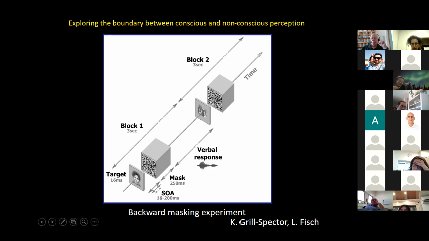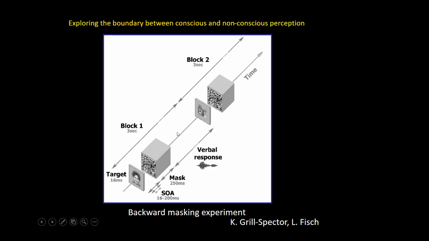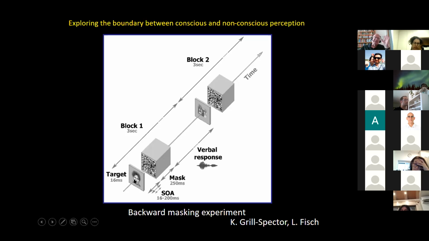years, first by Karlnit Green-Spector and then by Lior Fish, where we created a situation where the same visual target, this face that you see here, is sometimes seen consciously and sometimes not, although it is presented in both cases to the eyes. And the way you do it is by presenting this image in a paradigm called backward masking,